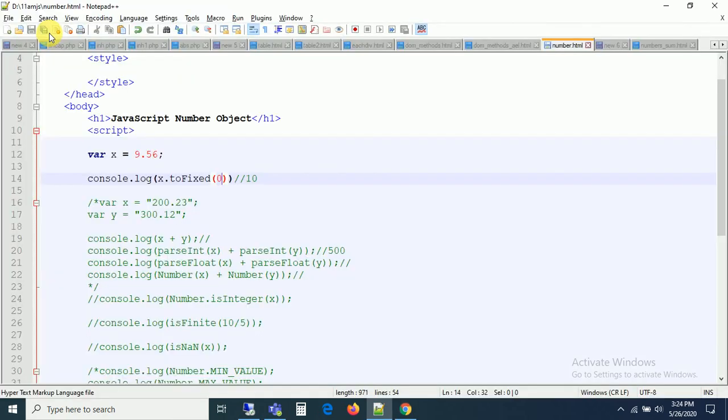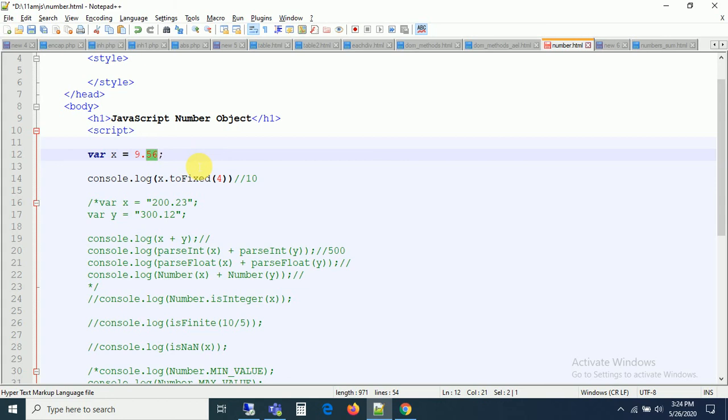So this is exactly what the toFixed method does, it is returning a number with a specified number of decimals. What are the decimals you provided? Even though decimals are not there, after the decimal point we have two digits only, 5 6. So if we give more, then it is going to add zeros in place of them. For example, if I take 4, then 2 digits are already there and 2 are not there, so it is going to add 0 in place of them, guys.